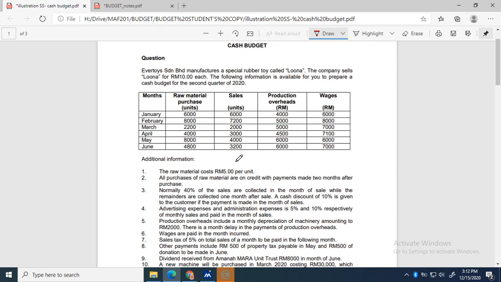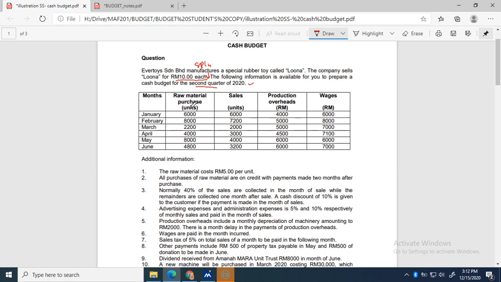Okay, so we refer to this question. Everton Sdn Bhd manufactures a special rubber toy called Luna. The company sells Luna at 10 ringgit each. So this is the selling price per unit of the product. Okay, and then the following information is available for you to prepare the cash budget for the second quarter of